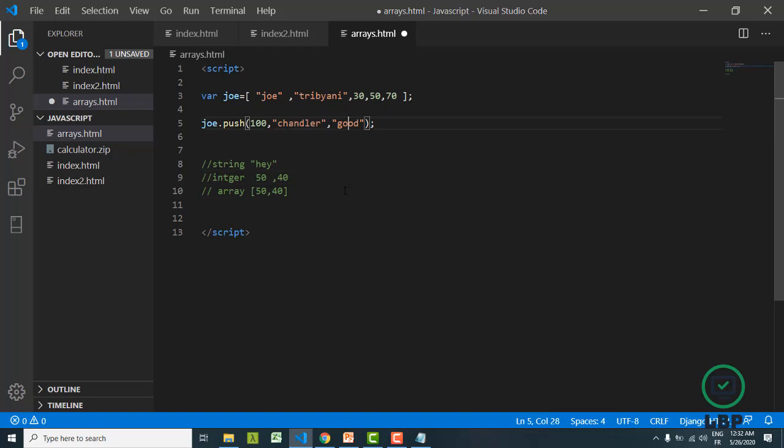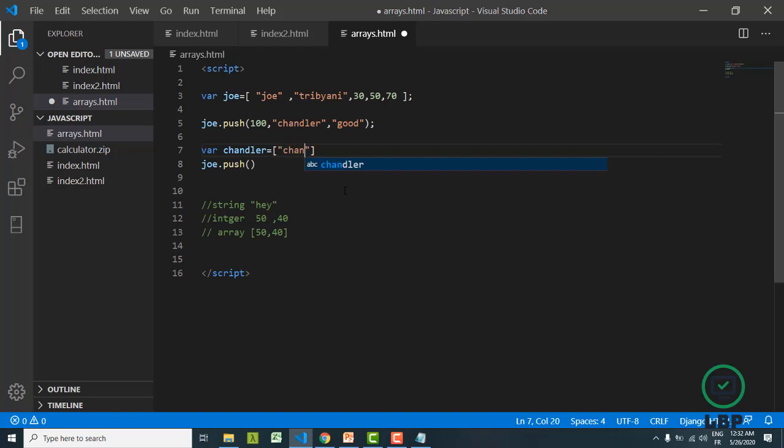So I will go back here, and I don't want to push just this. I want, for example, to push to Joey another array. So I will do Joey.push. Here, I want to push an array. So I can push it directly here, like that, or I can create another variable. For example, I will call it Chandler, so I have to say var Chandler equal to, for example, Chandler, and here 40, just random values. This is an array, so I can push it to Joey. So Joey will now contain some variables, and it will contain a variable of type array. So I will type Chandler, and I will save